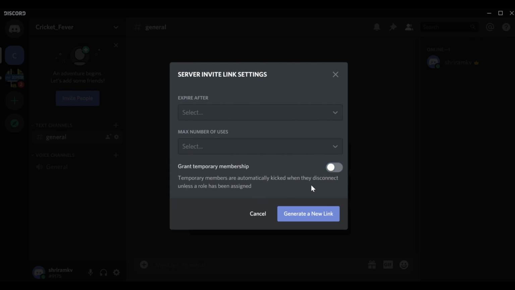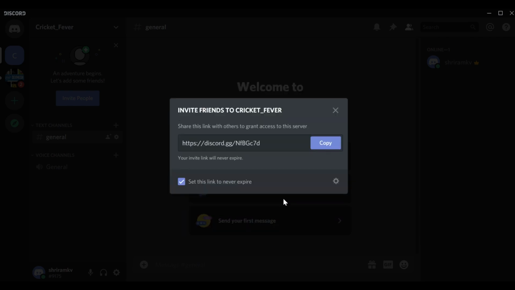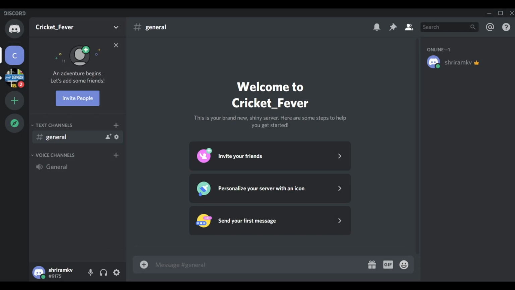So I'm disabling it as of now because I do not want anybody to be under the category. Let's cancel it right now. As of now, we are just canceling it and we are not going for that option. Now, if I select this, I can send this invite to the people whom I know. So for now, what we have done, very simple.